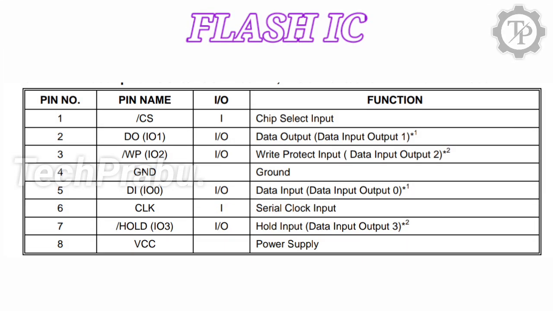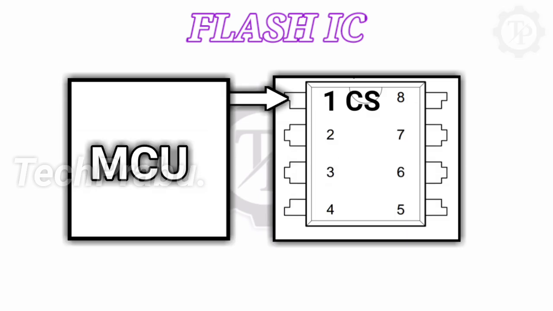Okay, now let us see about all the pin details. First pin CS means chip select. It is an input signal. CS pin gets information from microcontroller. This CS pin is used to enable and disable the memory IC operation. When the chip select signal is high, at that time memory IC is deselected from other devices, and the IC power consumption will be at standby level. Then reading and writing operation can be started. When the CS signal is low, the device will be selected and then power consumption will increase to active level.